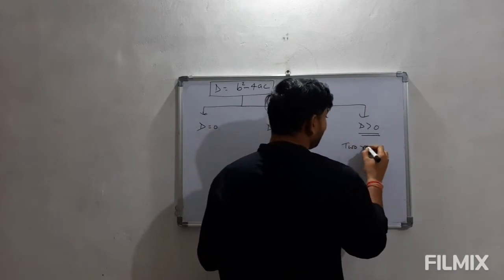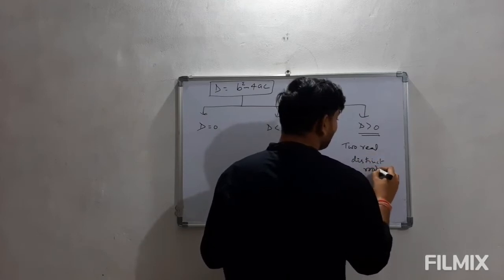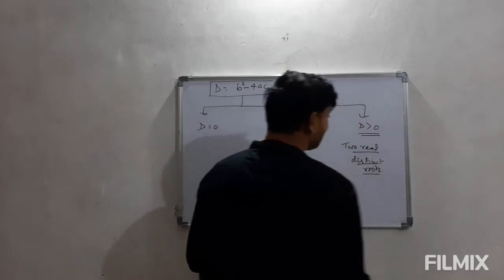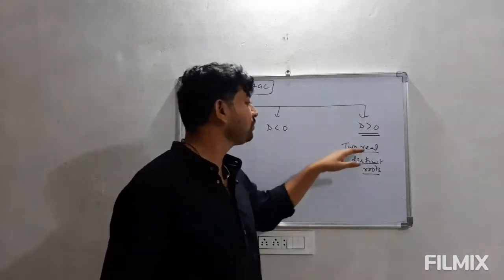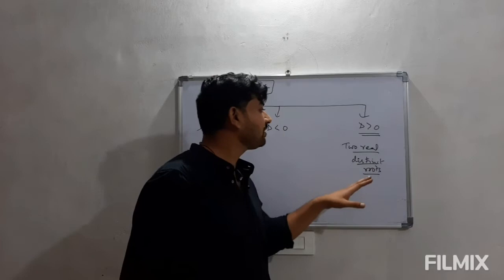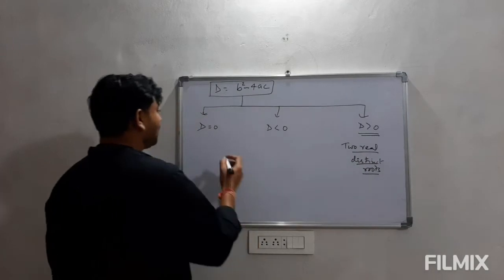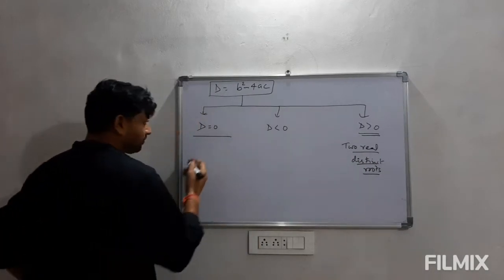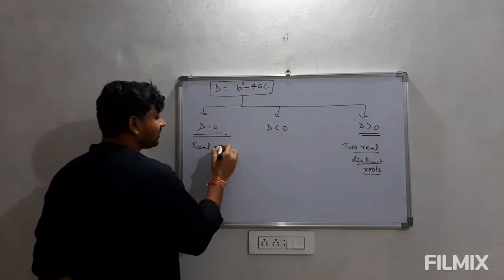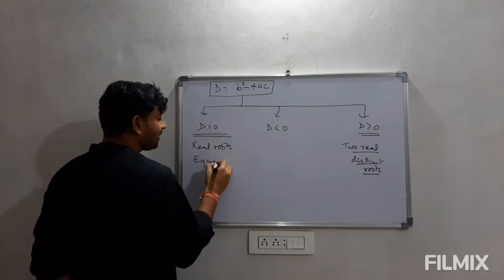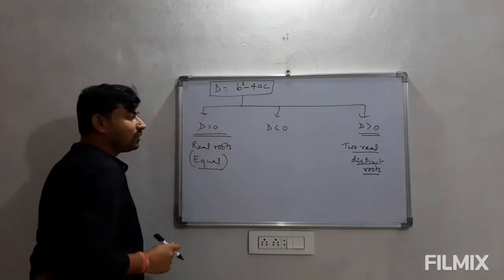So we write 2 real distinct roots. Here we are getting 2 real distinct roots, means roots will be there and they will be different. There will be different values of x, whatever variable we are using in that particular quadratic equation. So here we will have 2 real distinct roots. Then come to the case where it is equal to 0. Here also we have real roots, but they are equal. When it is 0, that is the equal roots case.